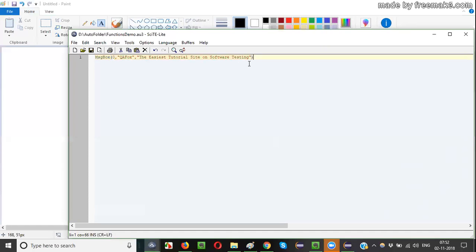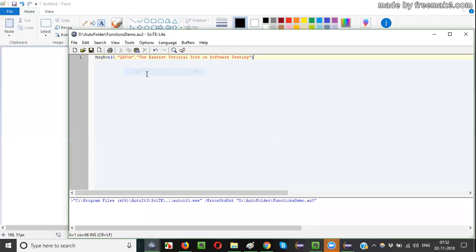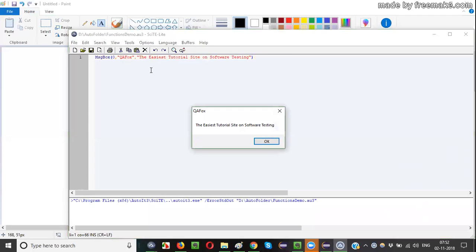Save this single step, and now go to the Tools menu and click on Go. Immediately when you click on Go, I got a message box, guys, generated by AutoIT, which has the title as QFox and also the message text, the easiest tutorial site on software testing. Since I mentioned the flag as 0 here, I got the OK button.